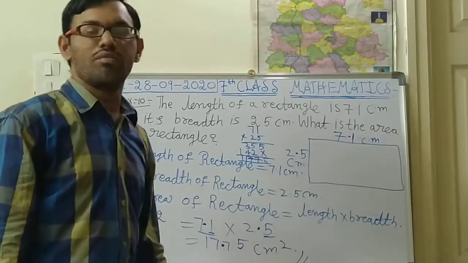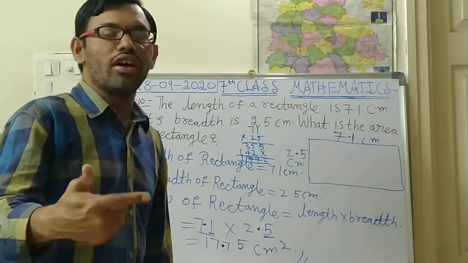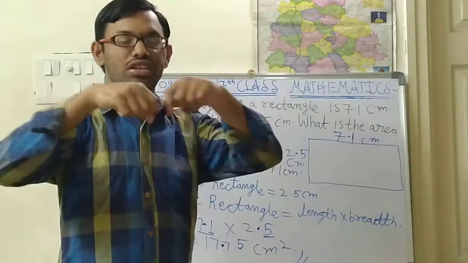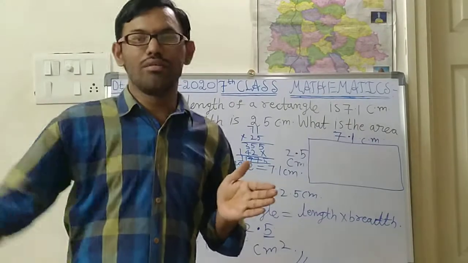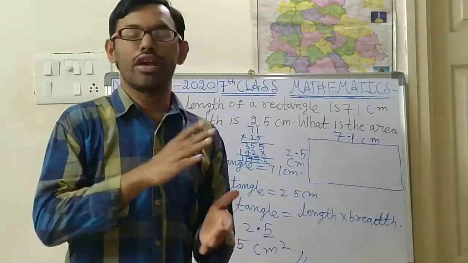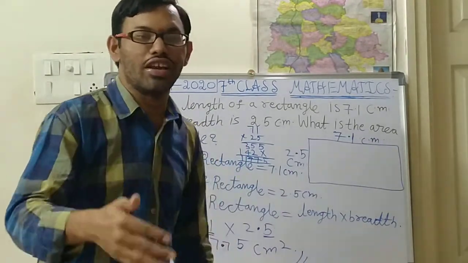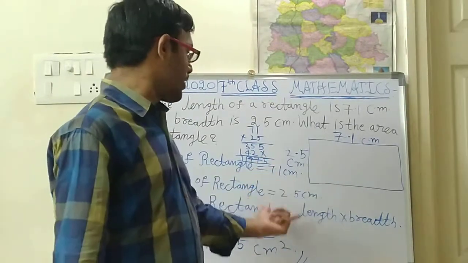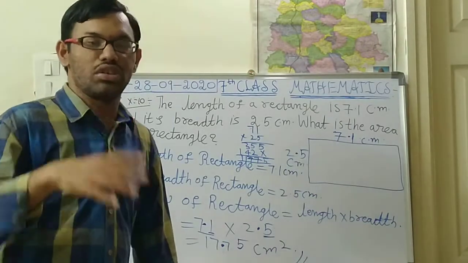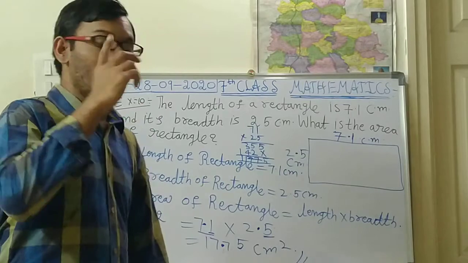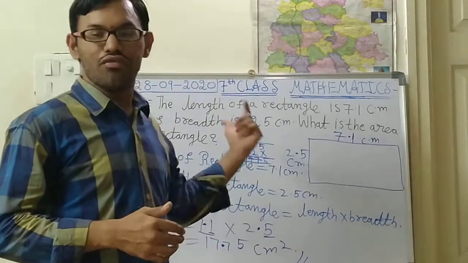This type of problem you will find in land measurement. Whenever you buy any land, they will measure with a tape. They will measure the length, they will measure the breadth, and by multiplying those two they will get the area. If you look at any of your land papers, the area will be mentioned like this, in square centimeters. How much area your house or land has, at that time this type of problem is very useful. This is one of our daily life usage problems.